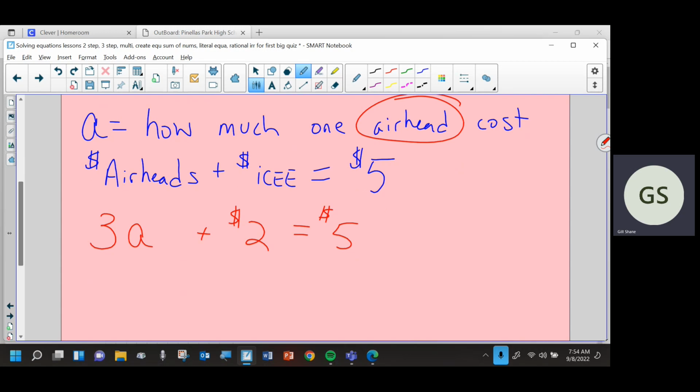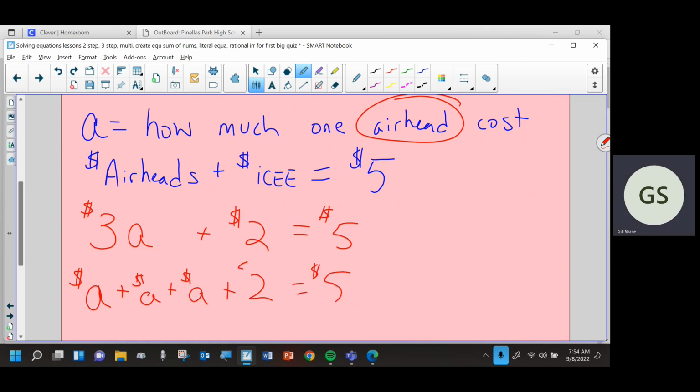I'm fine with you doing this, although you do need to know how. If we were thinking about how we really truly did this, we were buying airheads. A is how much one airhead costs, right? So we could say, well, A is one airhead, that's the cost of one. Oh, and I would say $3 there, I guess. So A is the cost of one airhead. How many did I buy? How many airheads did I buy? About 3, right? So I could just say, well, one airhead plus another airhead plus another airhead, and then plus the icy